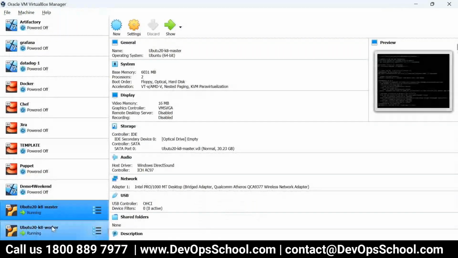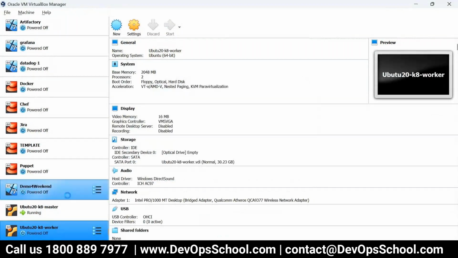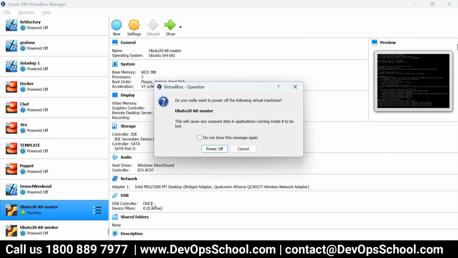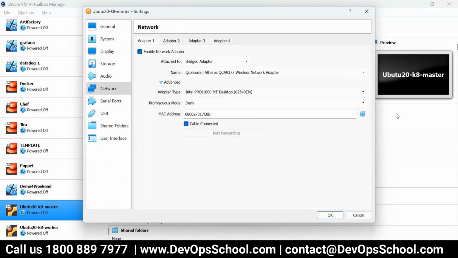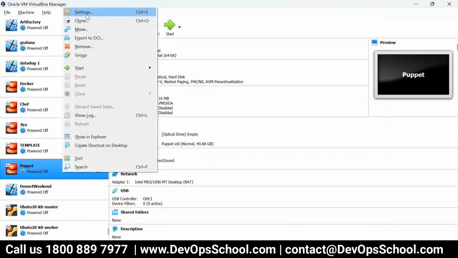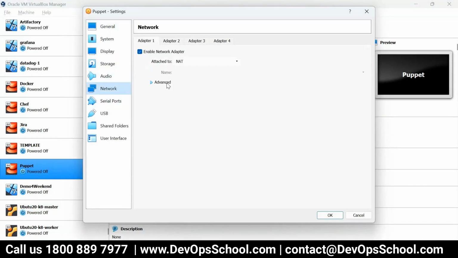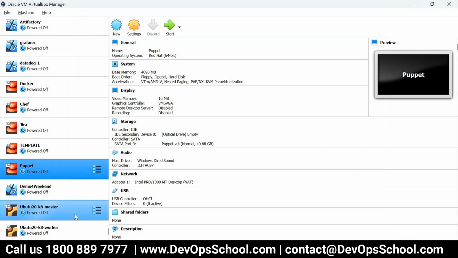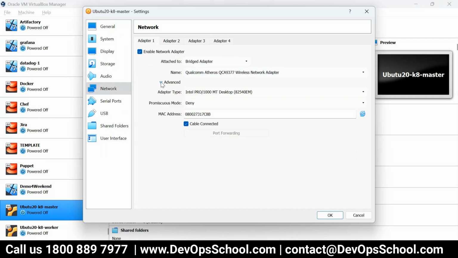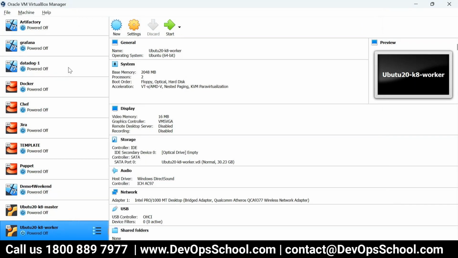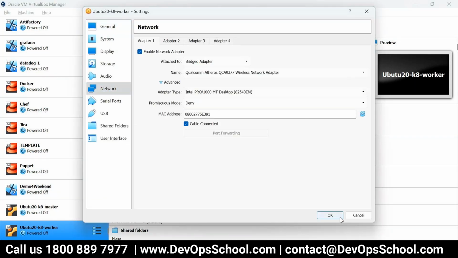Okay, let me stop this one also. Power up. Settings, networking, refresh. And this setting also, refresh.